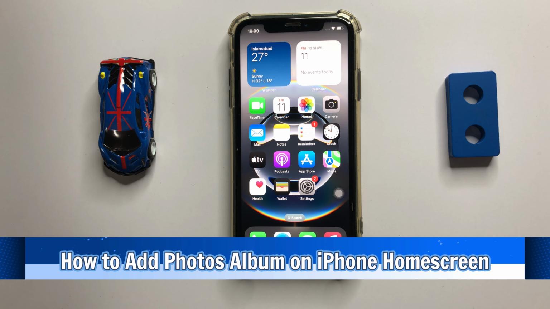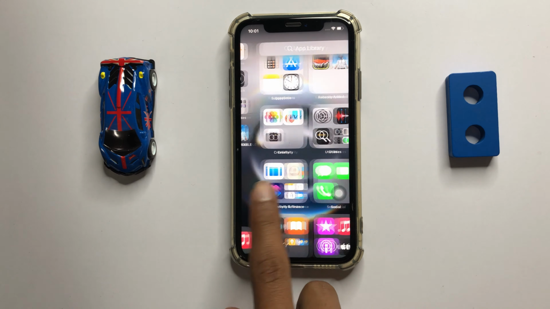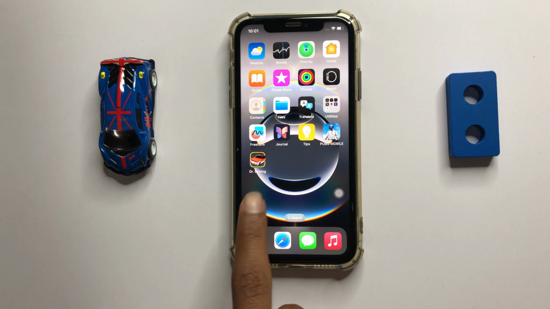How to add photo album on iPhone home screen. So let's start the video. First of all, if you want to add a photo album on your iPhone screen, then simply